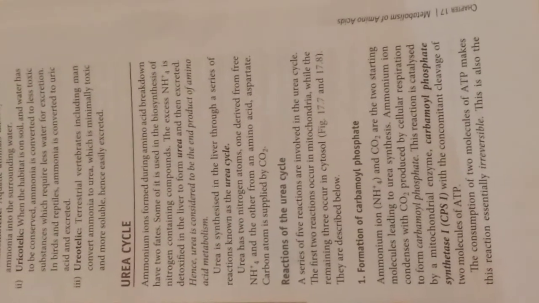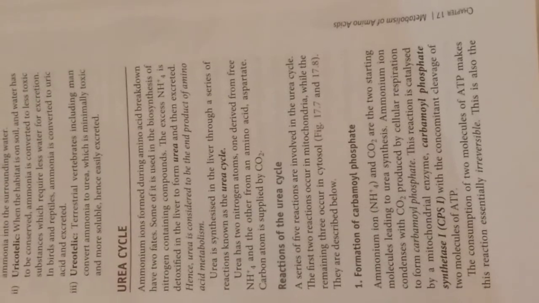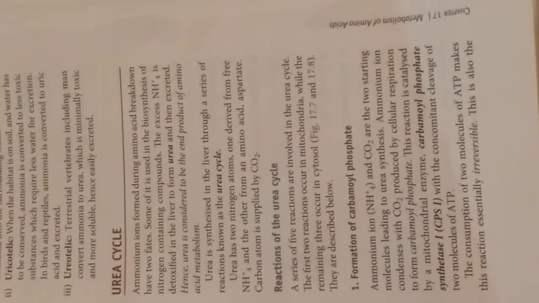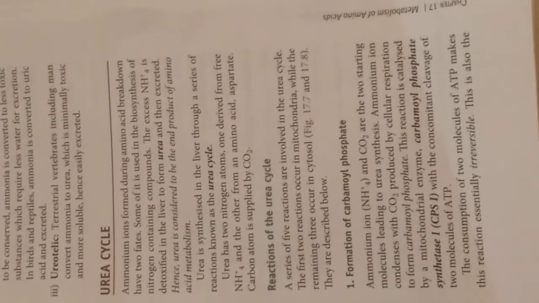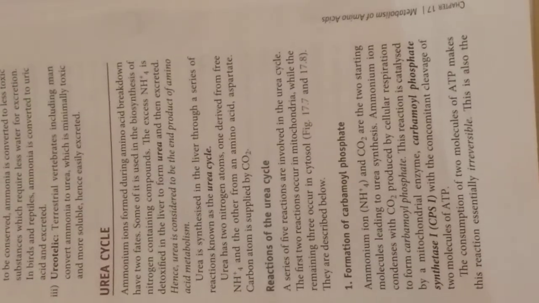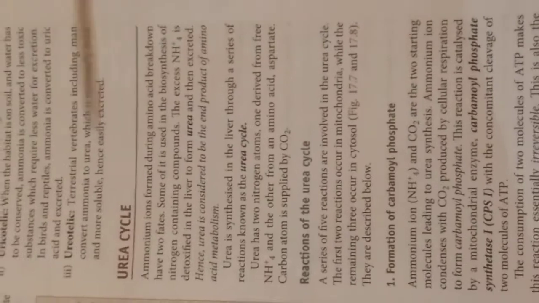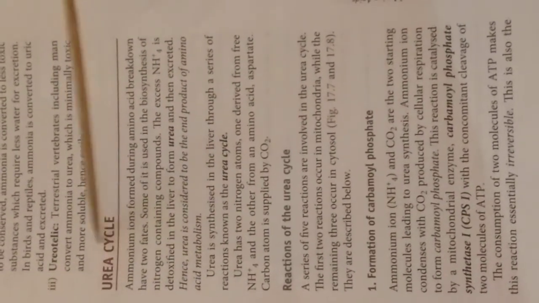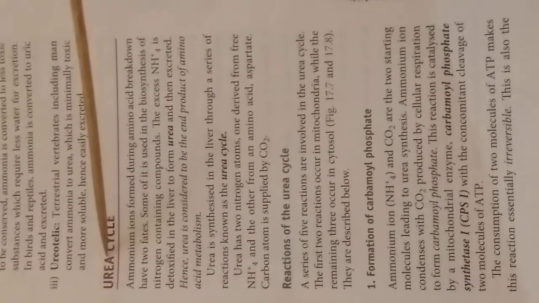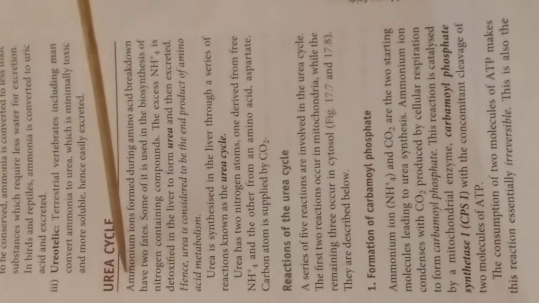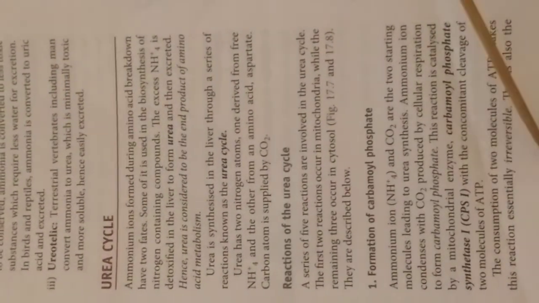So when this ammonia accumulates a lot, it becomes a problem to the body. It forms toxicity because it accumulates in the body and causes problems to the brain actually. Okay, that is a different story. We just need to know how this urea is formed now. That ammonia is converted into urea in the liver, because the enzymes needed for the formation of urea are present in the liver cells. So this urea cycle is what we are going to see now.